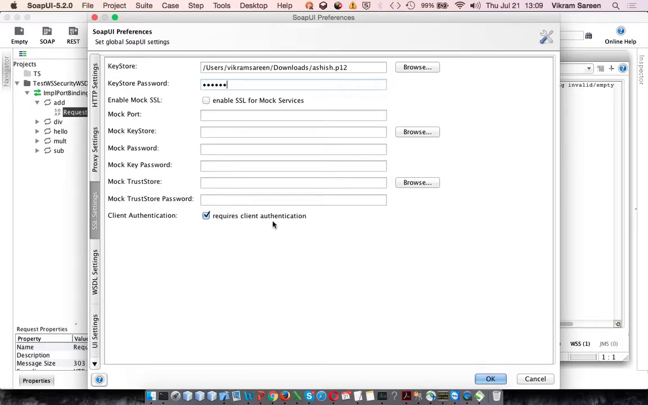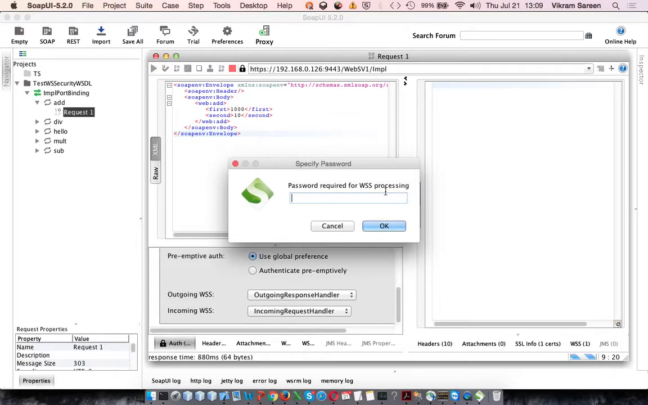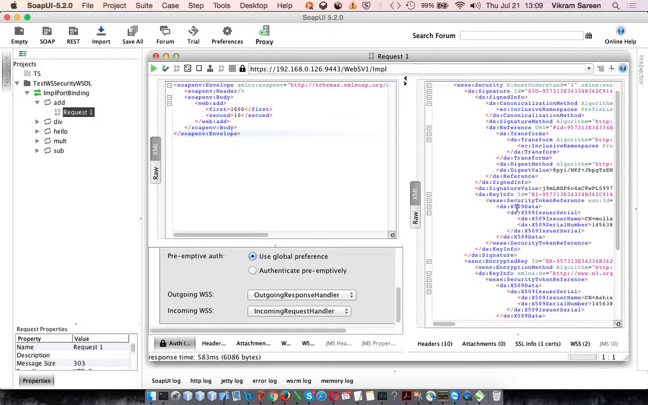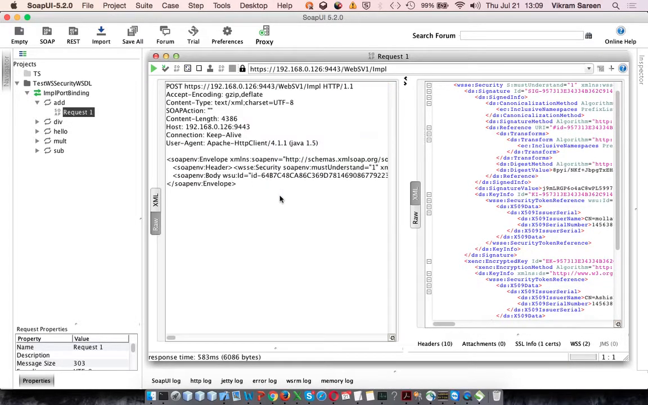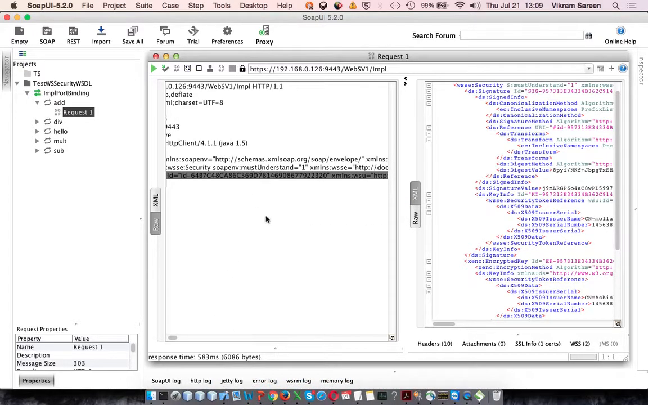Oh sorry, okay, I entered the wrong password, so that's why it said that we cannot communicate with the server. Yeah, okay, so this is my JKS password. Perfect. So now if you see the request which is sent from the client side is encrypted